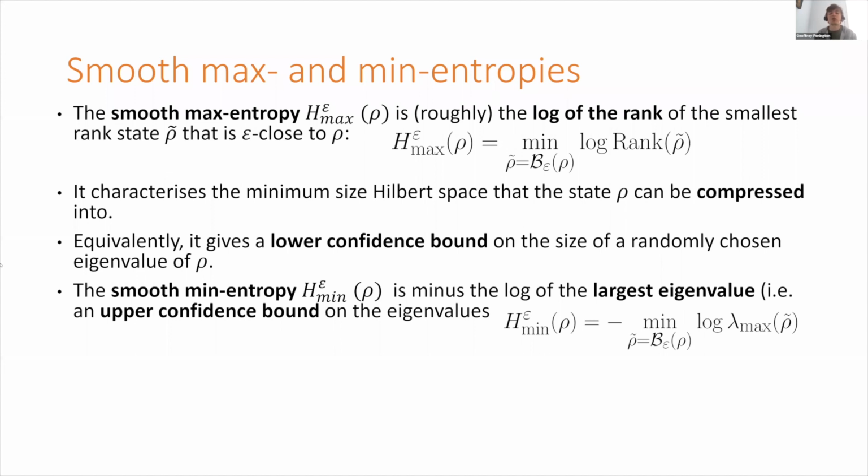So it's going to be important in this story that we take epsilon to be maybe polynomially small in G Newton, but not exponentially small in G Newton. That's what you should have in mind. Or even in certain circumstances, we want it to be order 1, but small. But generally, we want to assume that this quantity is roughly independent of epsilon. That will be true for certainly things like thermal states, where it gets dominated by a range of eigenvalues with a very small tail going away from that.